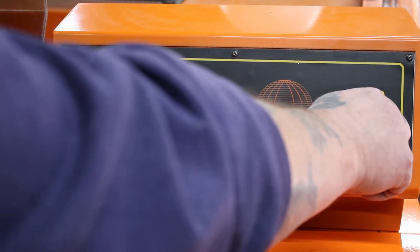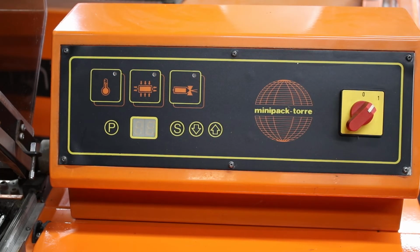You have a simple power on, which powers the machine up. Last time I used it was on program 2. I'll run you through the programs. Program 2 we like to call default, but you have,